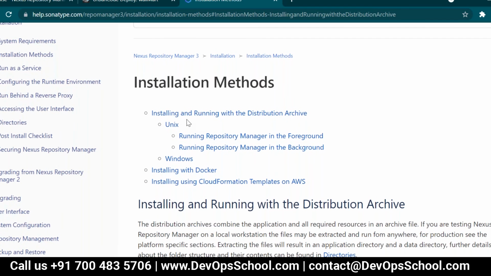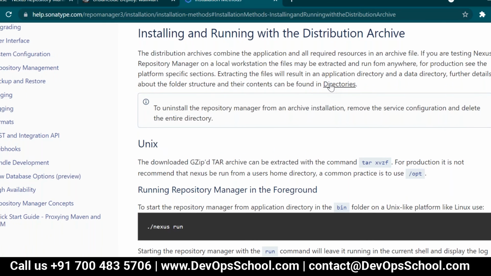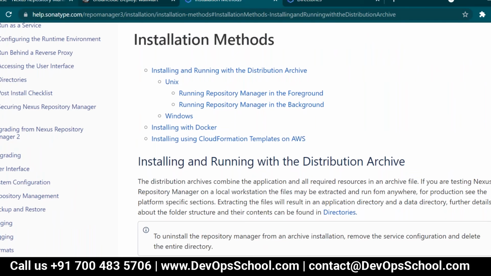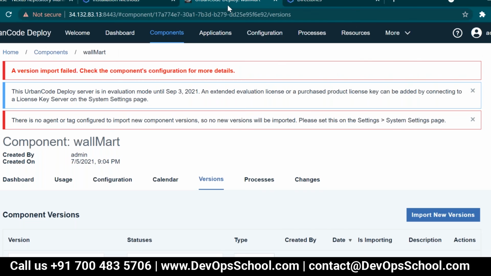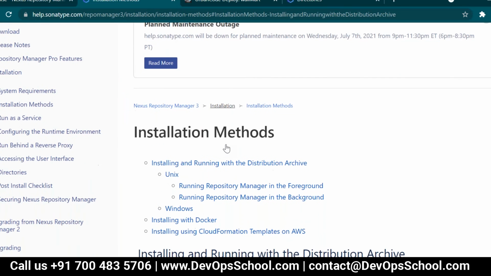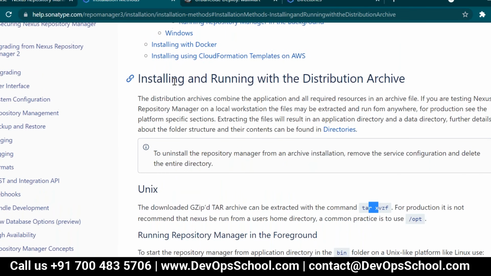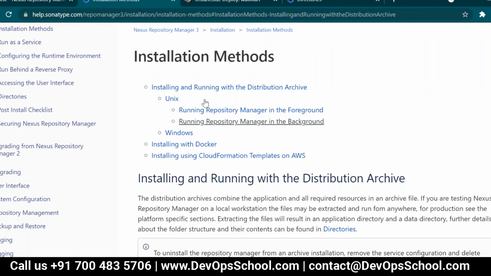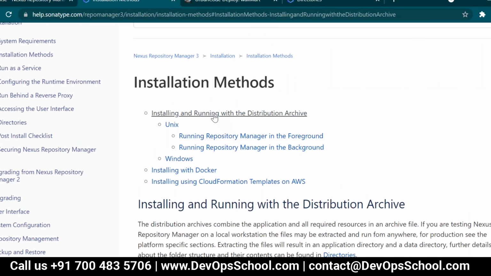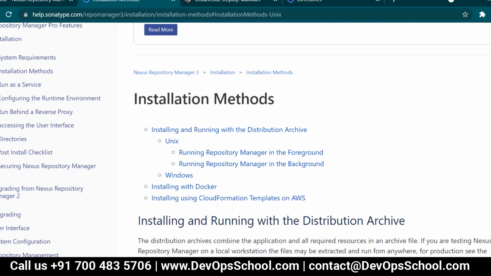Where will I find that one? This Nexus tar file. Where do I find the tar file? Just search Nexus download. Okay, Nexus download.